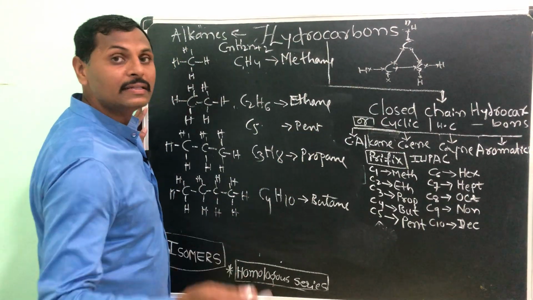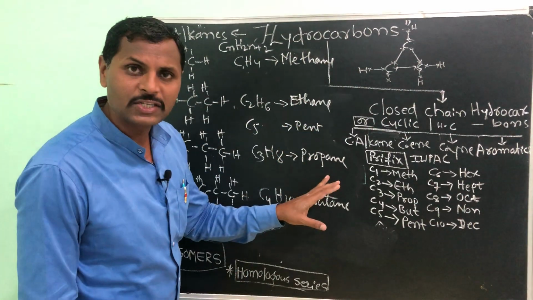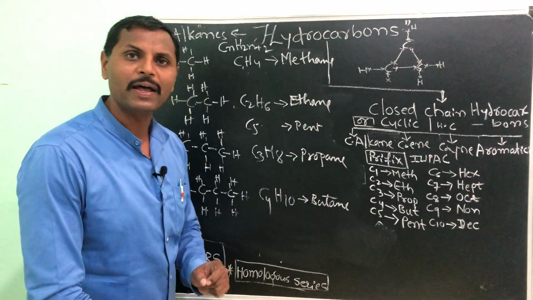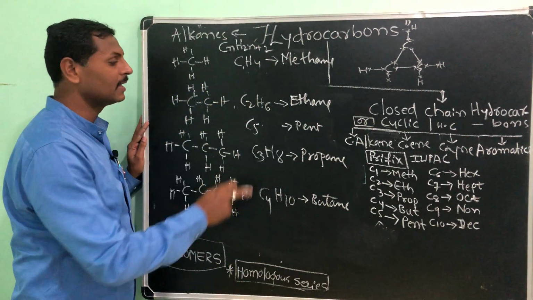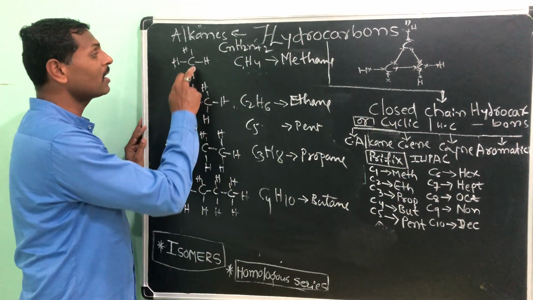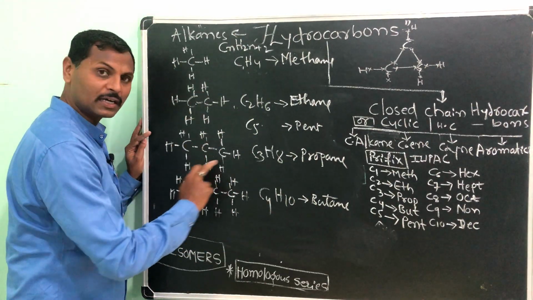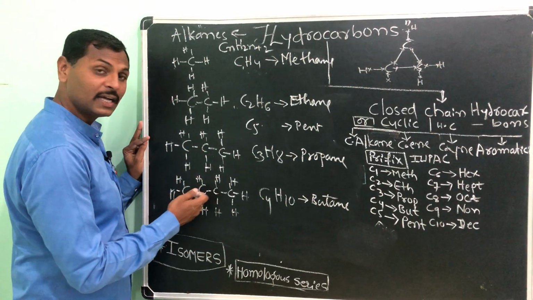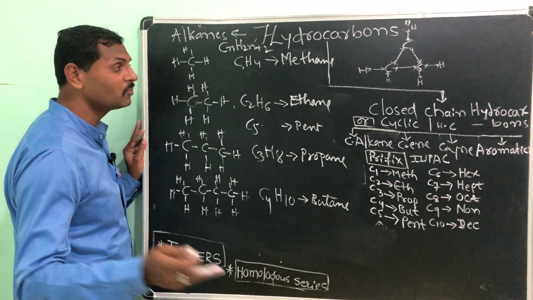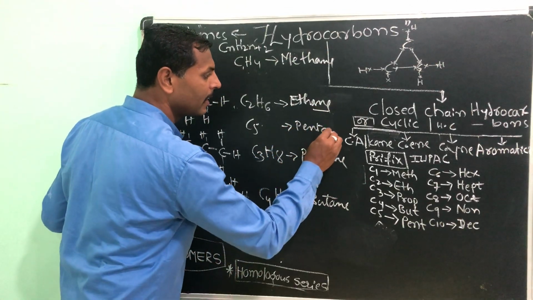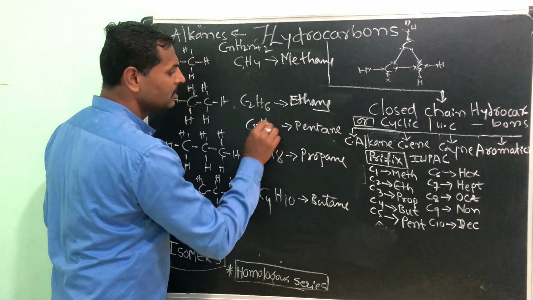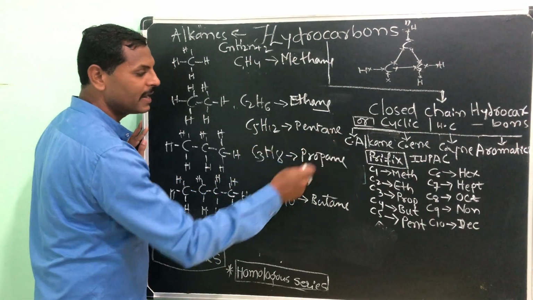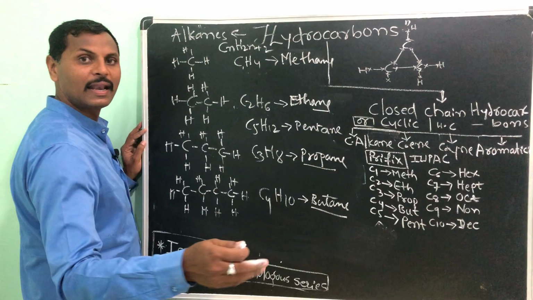And the prefix is over. Suffix, how do we have to end that name? Very simple. It depends on the bond between the carbon and carbon atoms. There is a single bond between the carbon and carbon atoms, that's why we have to end the name with ane. That means C5, 5 twos are 10 plus 2, 12, pentane.